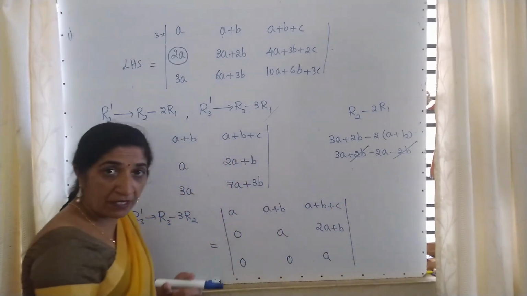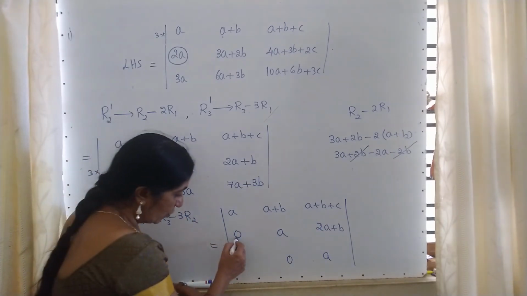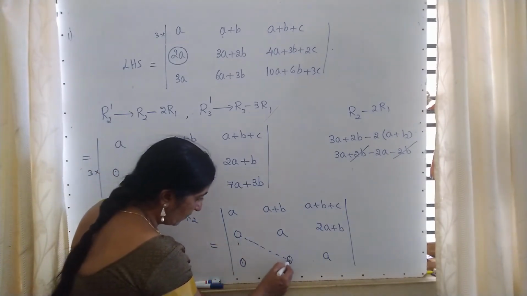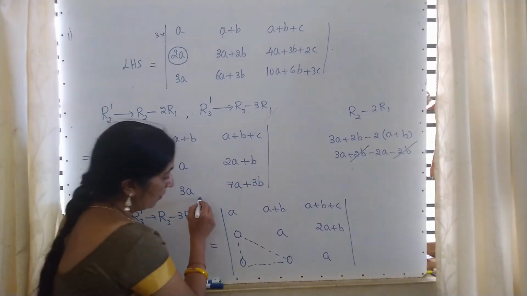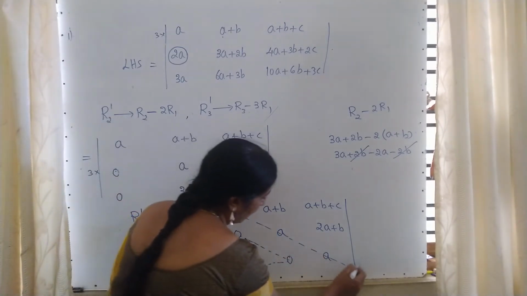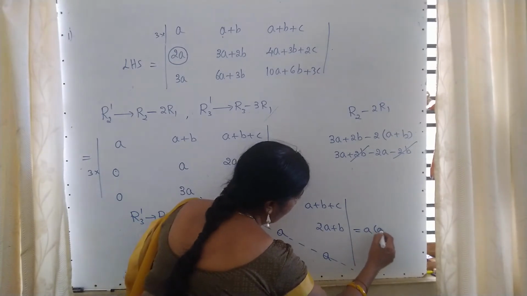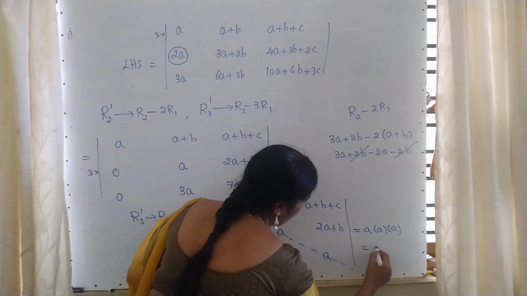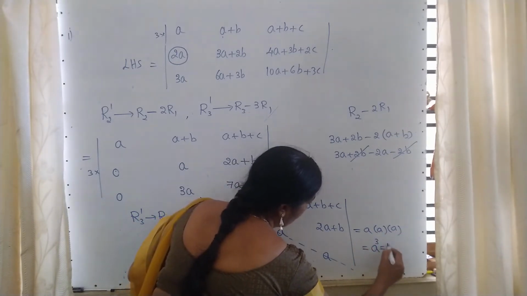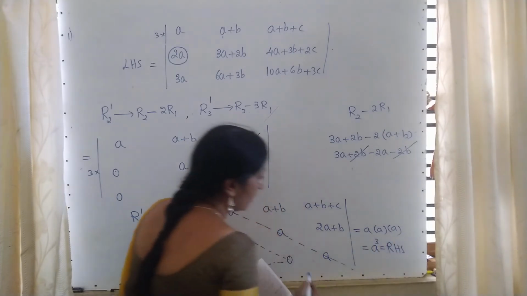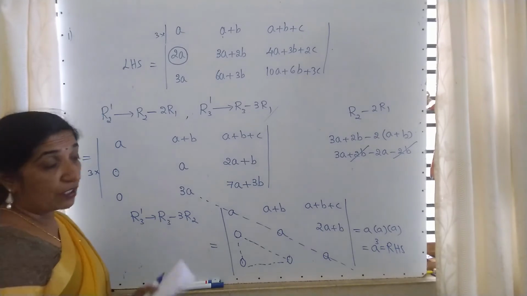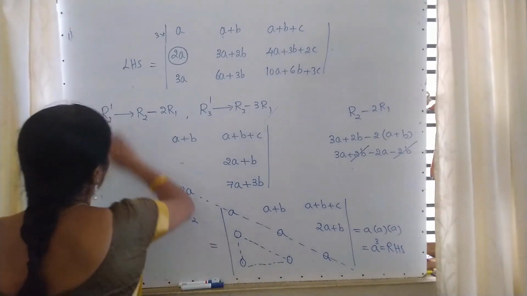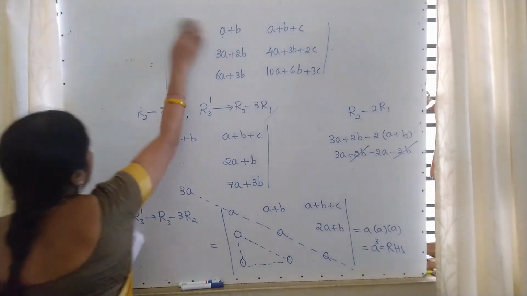And student, you have a pencil with you, no? So take that pencil, join this. See how they are? They are in the form of a triangle, upper triangular. So now we have to multiply the elements present in the principal diagonal. That is a cube. See, that is RHS. Like this, with the help of that note, remember they are not in any textbook, you can make the problem very simple.